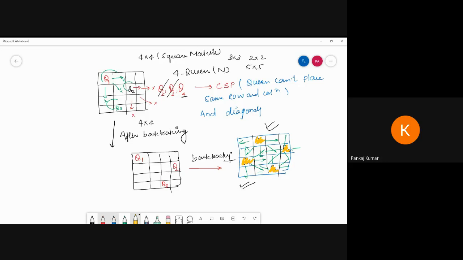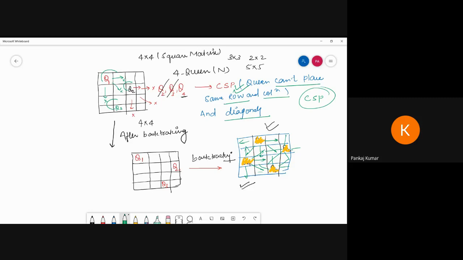So what is the constraint satisfaction? We have mentioned a queen cannot be placed in the same row, same column, or diagonal. These are called the CSP. On the basis of CSP, we find out the solution. That means conditions are given, we try to meet the conditions, and through the conditions I have to try to achieve the goal or the optimal solution. So the same things, what we are going to write in the code?